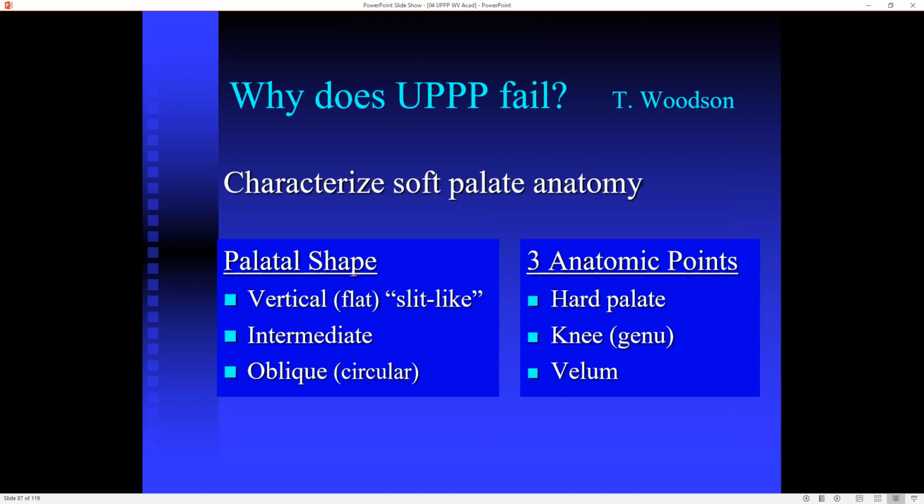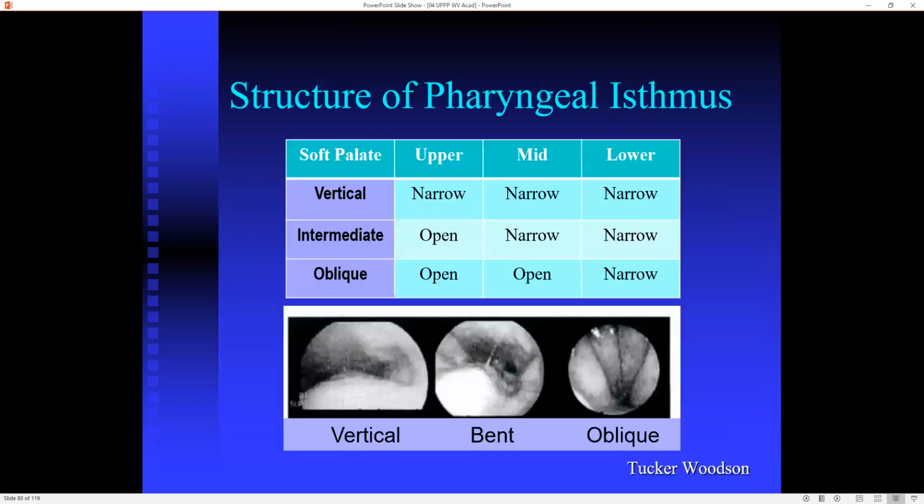Oblique means kind of circular or funnel-shaped. I have another slide that actually has my pictures in, which I like better, but this has the black and white. So you're looking at the 3 soft palate regions, and the upper is actually how far posterior the hard palate reaches, and then the vertical palate is narrow from top to bottom. The oblique is narrow only at the very bottom, kind of in the funnel shape, and then of course intermediate